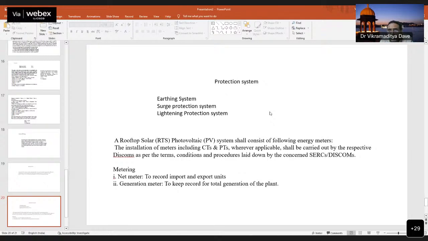First of all, the panels and all the inverters being used in the system should be earthed. So earthing strips and GI pipes are used, and you should also maintain the earth resistance by measuring the earth resistivity with the help of an earth measuring instrument, and it should be less than 5 ohm. In fact, the ideal is less than 1 ohm, but 1 to 5 ohm is